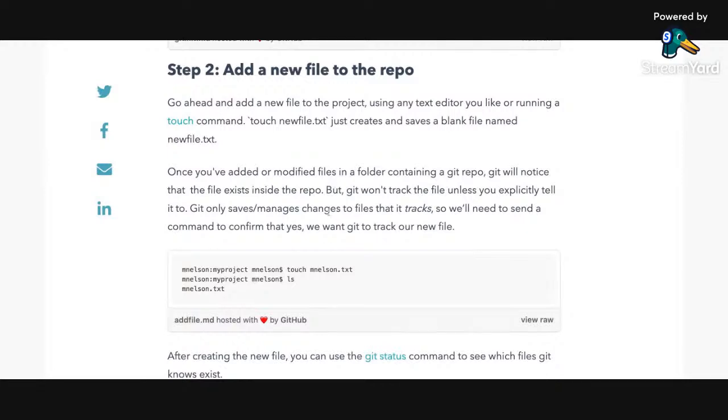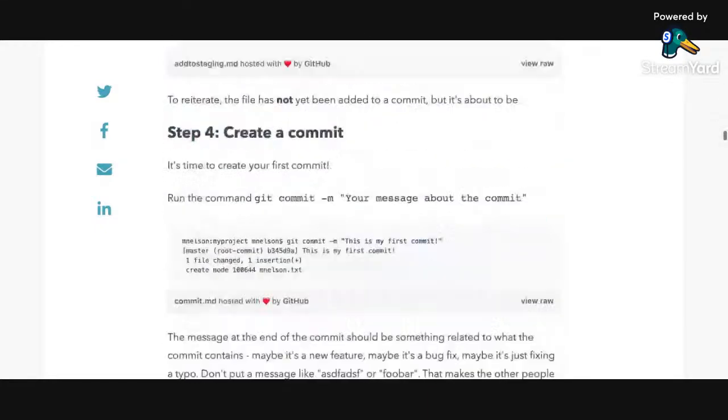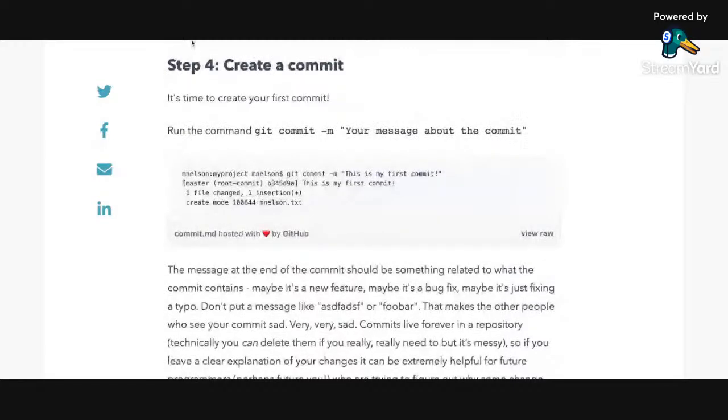A commit history is a history of all the commits you have made thus far for that particular working directory, that particular folder that Git is tracking. To commit your files, we use the command git commit and we add a message. To create a commit here, you run git commit, then the hyphen m, then you write your message about the commit.